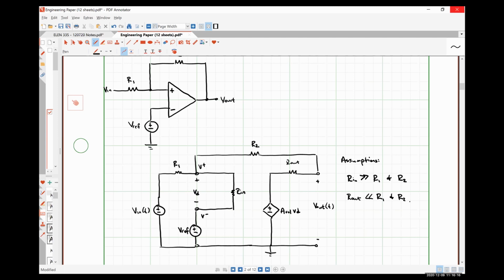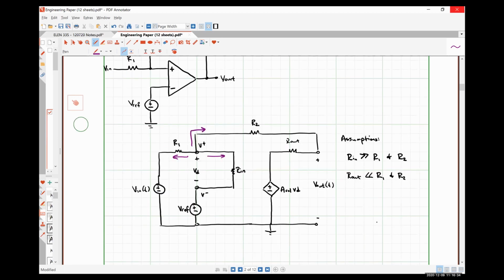So if I apply Kirchhoff's current law at my non-inverting input terminal,